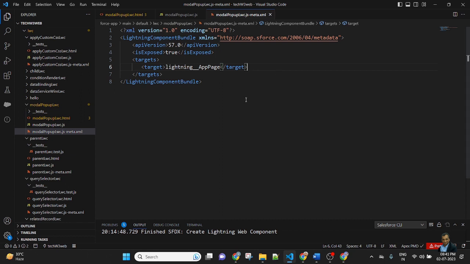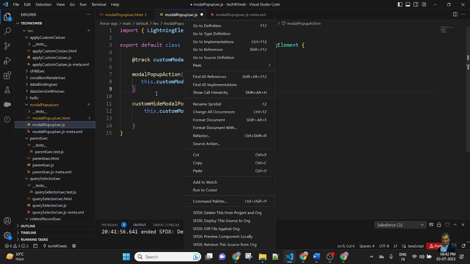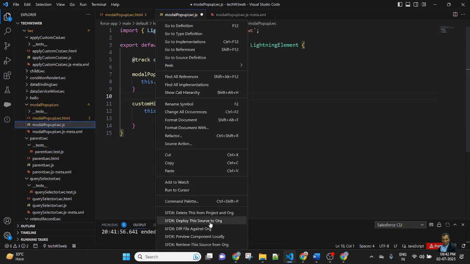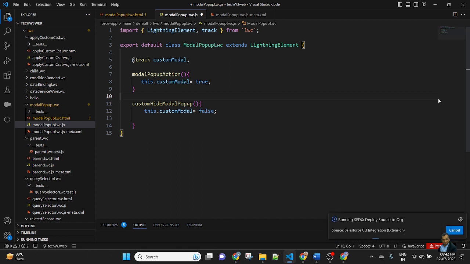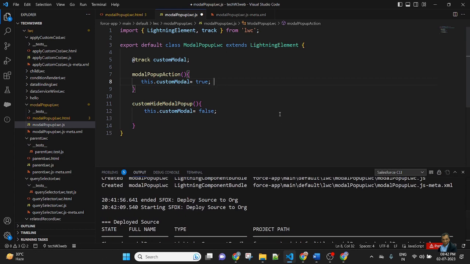Now I am deploying the code. Right click, deploy this source to org. Code has been deployed successfully to Salesforce org. You can see the HTML, JavaScript, and meta XML file. All of the files have been deployed. Now going to Salesforce.